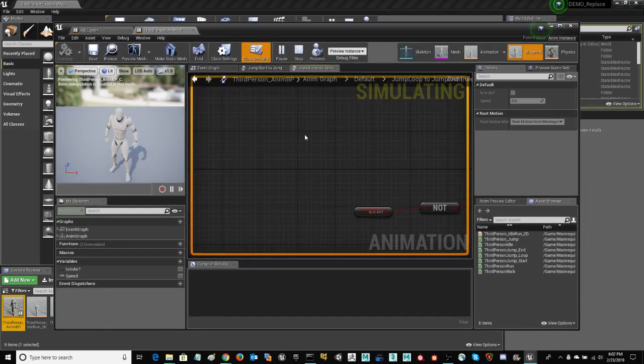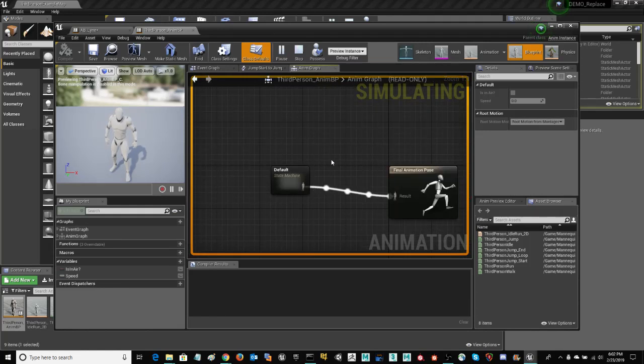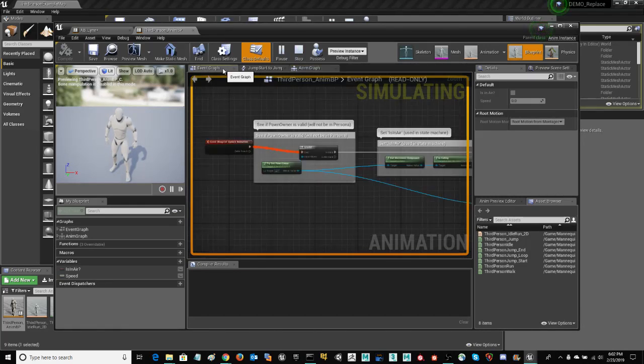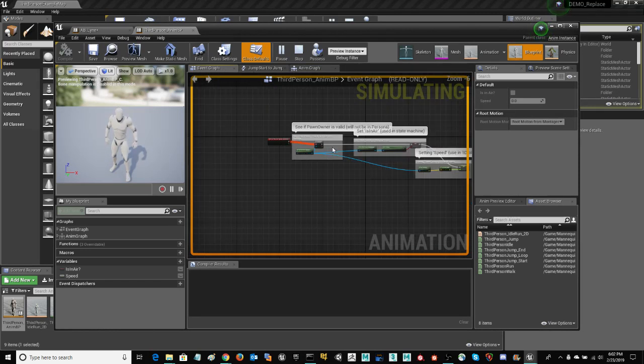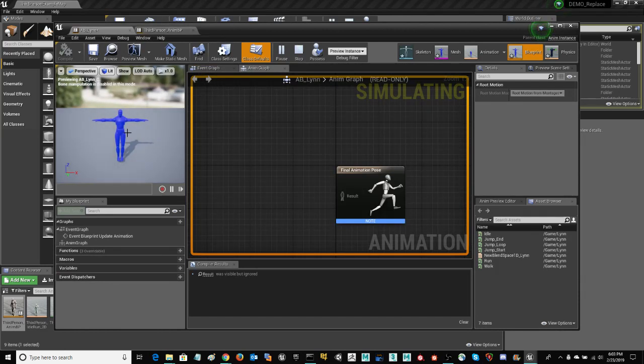and you can see that that is now available. Now if we back up to the anim graph, you can see that this anim graph is simulating. It is active. You can see the animation playing there. Event graph is the other window that we will be working in, and the tabs are right up here at the top. This is the current third person,